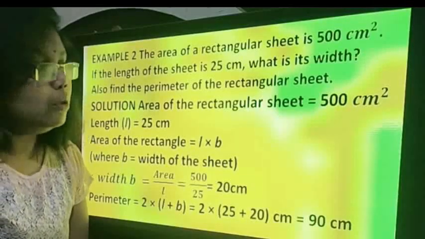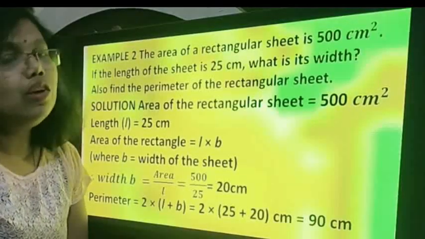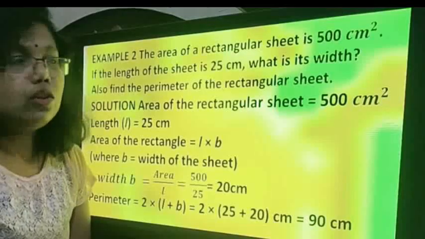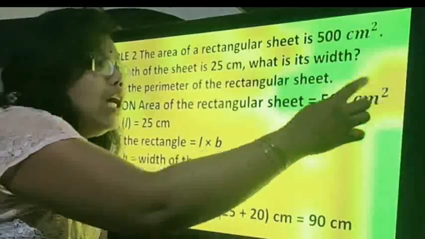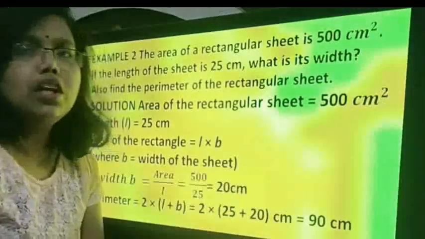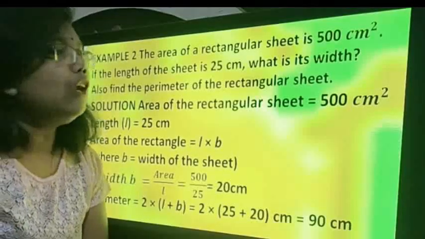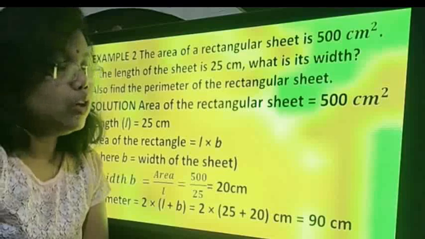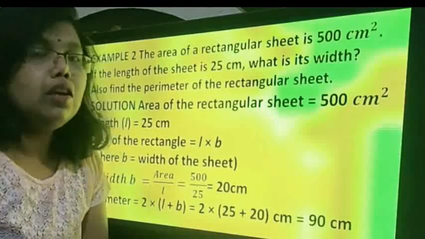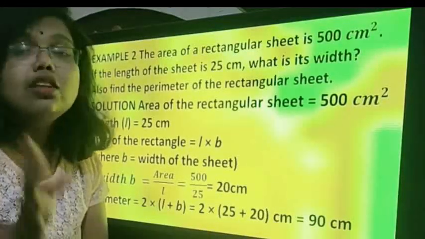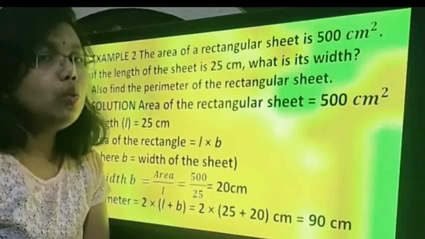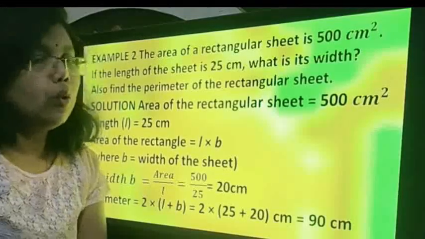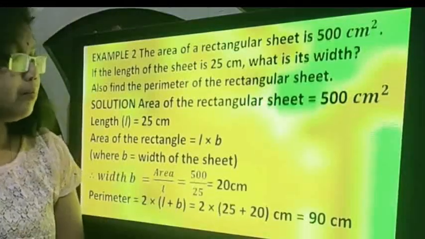Now the unit of measurement is another important aspect when you are solving such kinds of questions. Area always has centimeter square, meter square, kilometer square, whatever the unit, that would be squared. Whereas the perimeter will not be squared, it would remain centimeter or meter or kilometer or hectare, whatever it is. It's only one thing, no squaring, but area has to be squared. So this is how we would write.